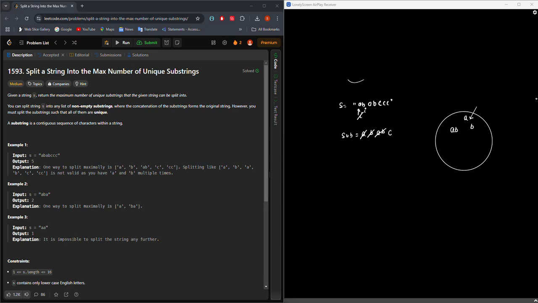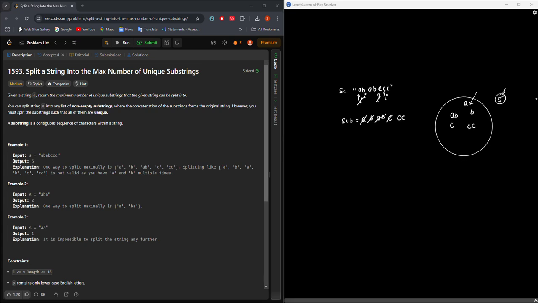Here is C, which does not exist, so we add C. Now I points here. The current substring C already exists in our set, so we cannot add it, so we take CC. CC does not exist, so we can add it into our set. The size of the set is 5, which means the answer is 5.